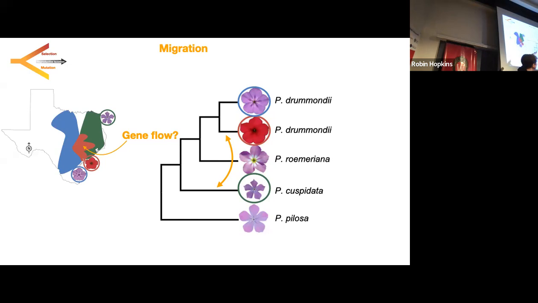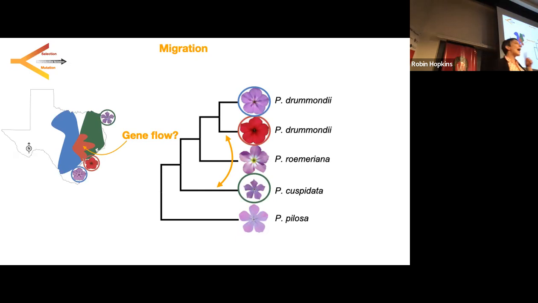Okay, but what we're interested in is gene flow between this red Drummondii and cuspidata. Not its sister species, but still pretty close. Those three are only about 2 million years old, so they're pretty young. When we sequence transcriptomes and do whole genome ddRAD, reduced representation genotyping, all of our estimates of species trees give us this topology. So there are a lot of gene trees and SNP topologies that are concordant with this: Drummondii sister to mariana, with cuspidata out from them. But not all of them, right?